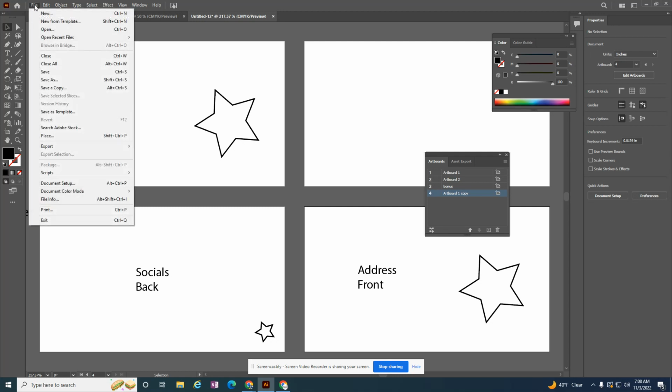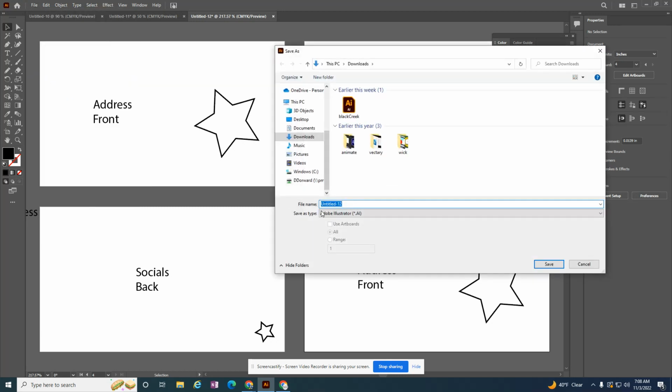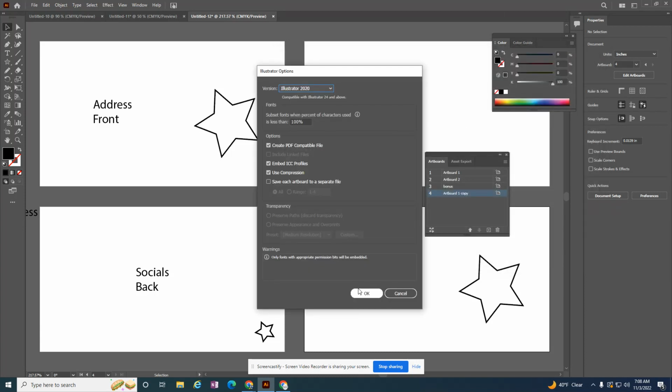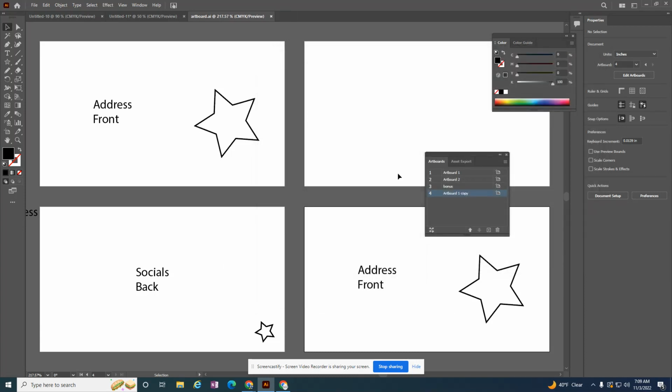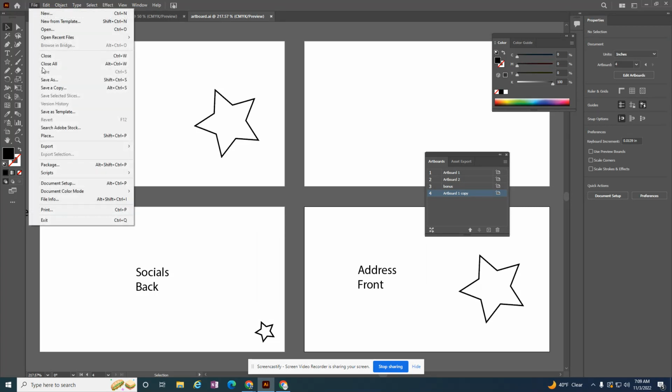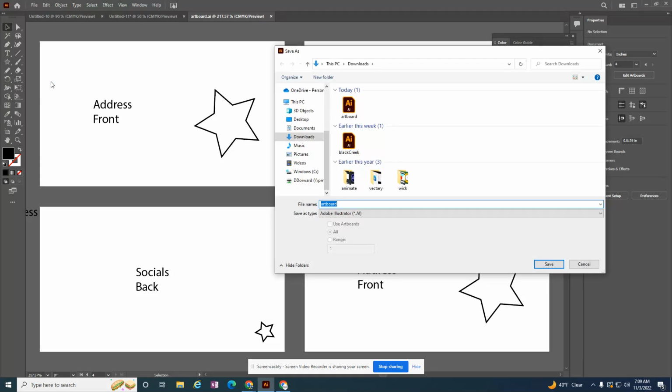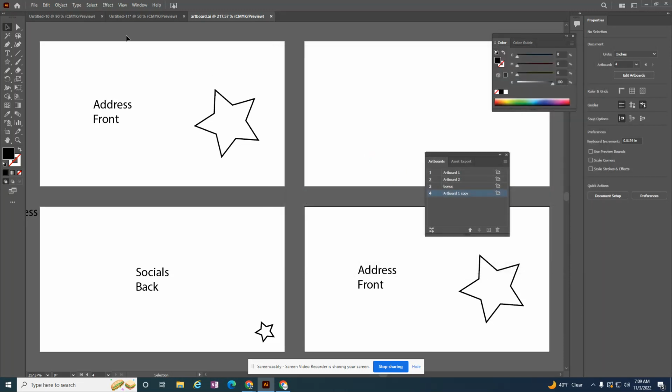I want to save, if I save as an Illustrator file, I'm going to be saving this, let's just call this artboard. This is editable now. I can come back and open this file and edit the front, back, all these artboards. But if I want just a JPEG of just this one, I want to see what it looks like as a flattened image. I went to Save As,